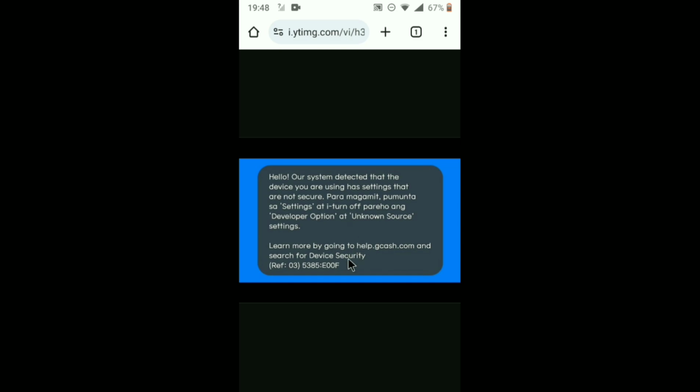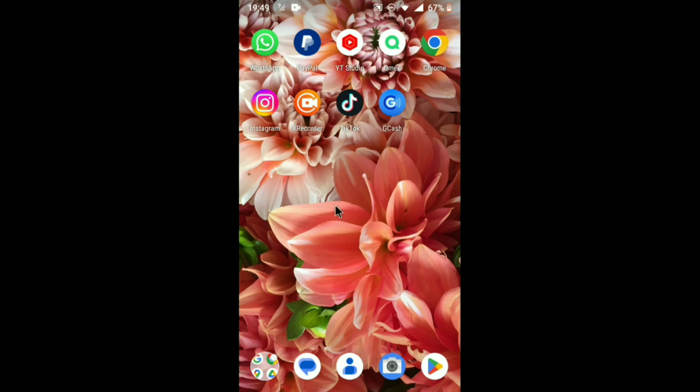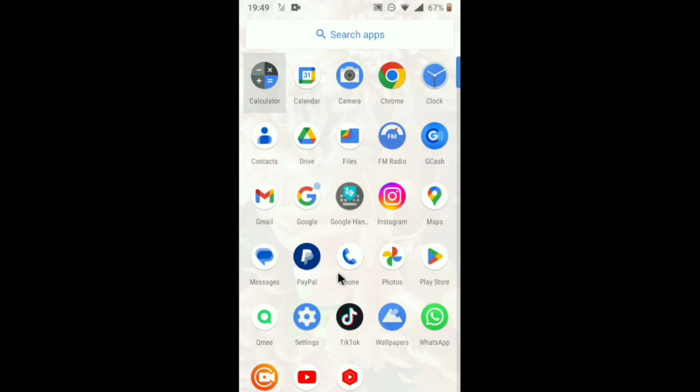So first of all you go to your phone and find the app where it says settings on your phone. So mine's over here, settings. Yours may be different. Tap here,